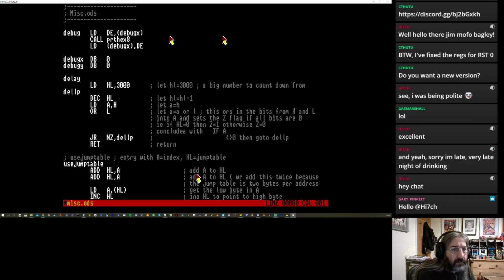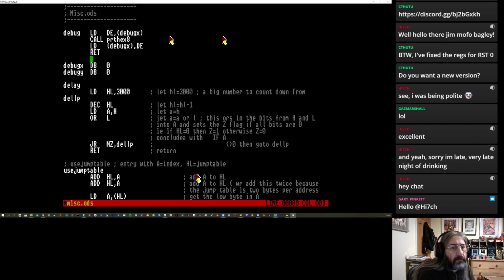Now this should print our hex and then move over a space. Well, we won't do a space, it'll print our hex, and then the next time we do a call debug, it'll print the next number, and it stores the debug x when it returns, so that we don't have to